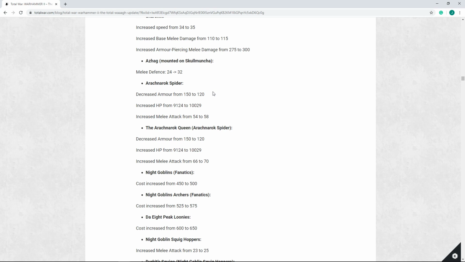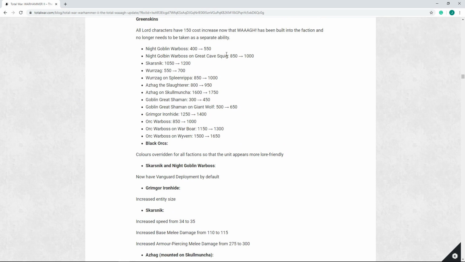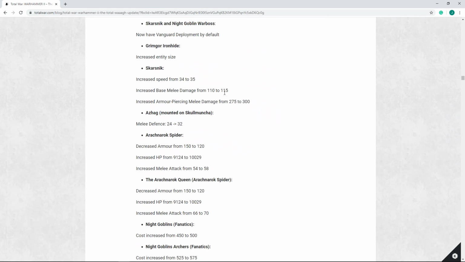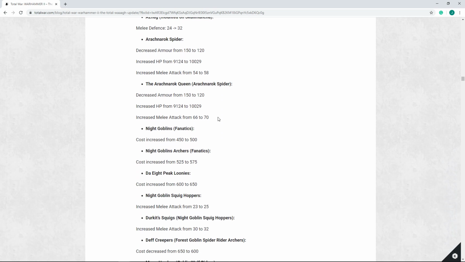Now, this is something I'm not sure if they will patch before the DLC drops, but the Arachnox Spider mount for the Goblin Great Shaman actually has 150 armor. I'm not sure if this is going to get changed, but it is something worth keeping in mind that, weirdly enough, the Arachnox only has 120 armor, but the Lord mount one has 150 still. The HP is